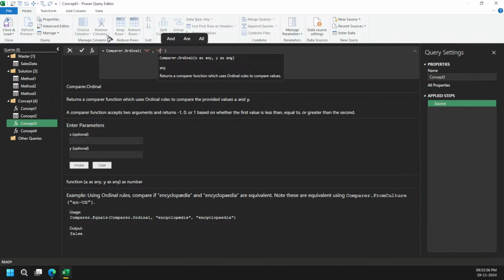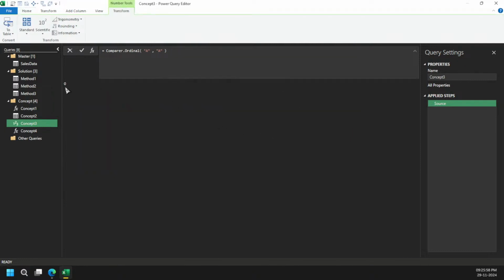Because they are both equal, you can see I've got 0. But the moment I do it this way, with A first, it gives -1. And if I do it this way, it gives 1. Got it? Why this is so, let me show you.